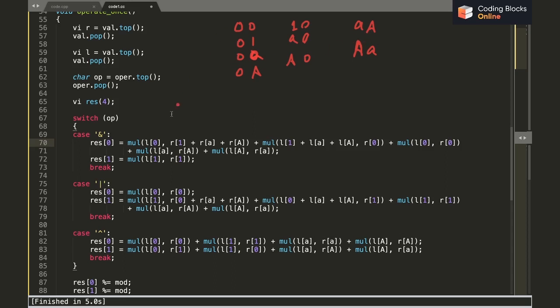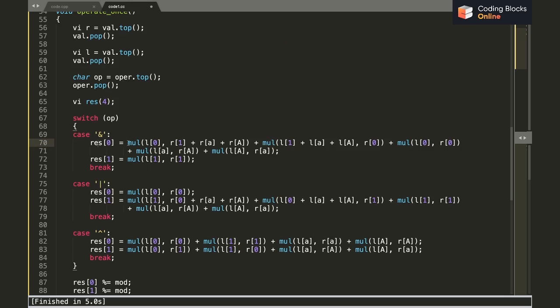so the AND is going to be 0. So I have just multiplied P of 0 and P of 0, added it to L of 0 into R of 1, then L of 0 into R of 0, then L of 0 into R of A, then L of 1 into R of 0, and so on.